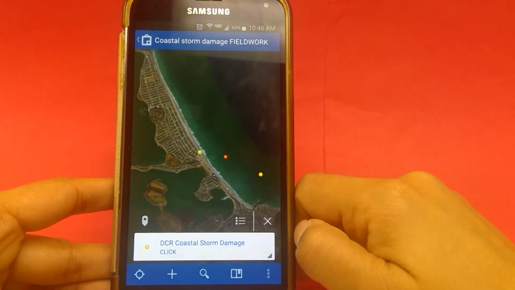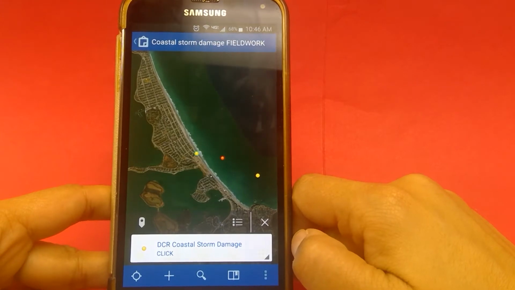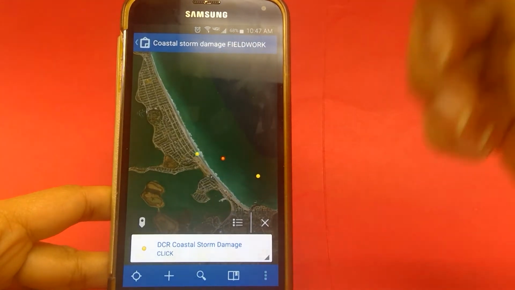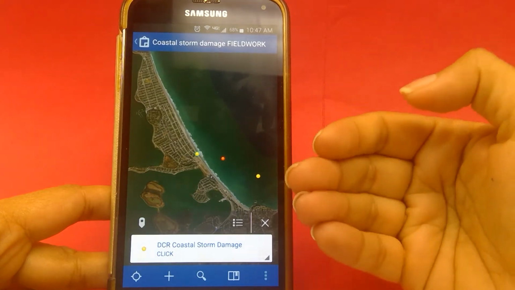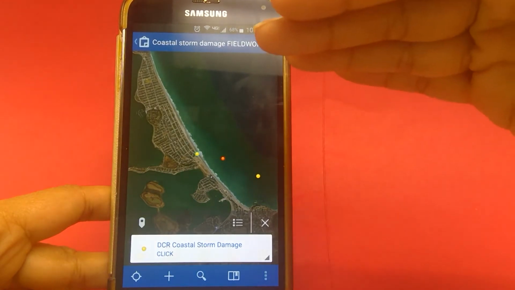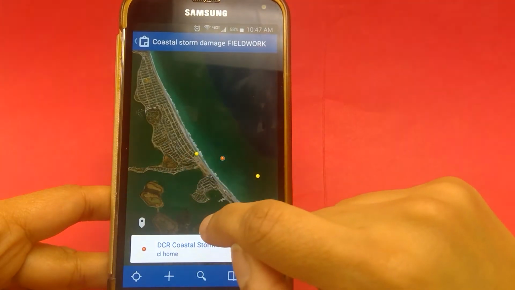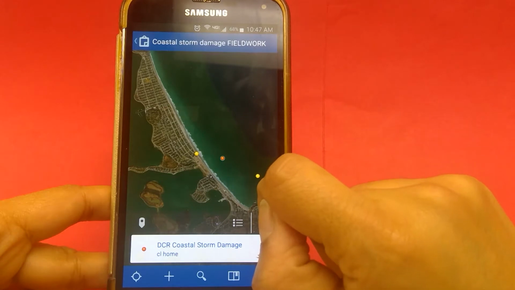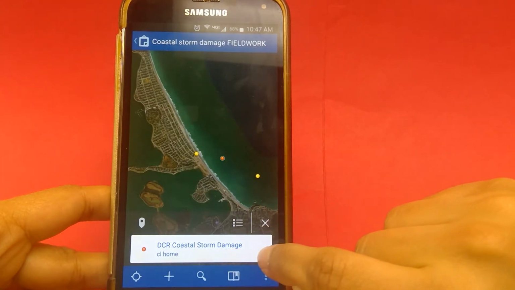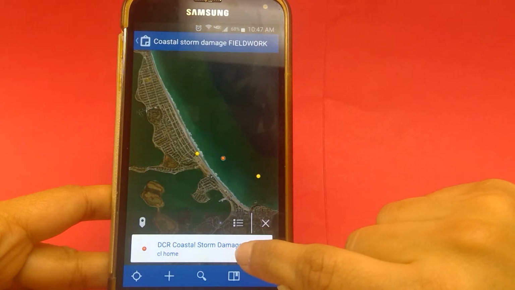The next thing I'm going to show you is how you can go in and change some attributes of the data that you just entered. You might realize you've made a mistake, or you might want to add an additional observation after you've actually updated the data. All you do is you select a point. You'll notice that a little blue ring appears around it, and down here the little summary shows you pretty much